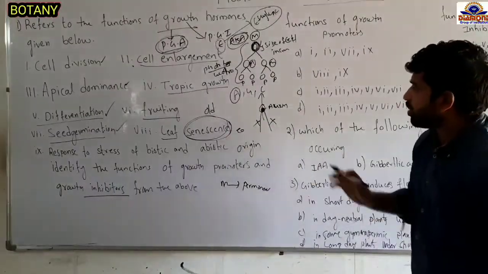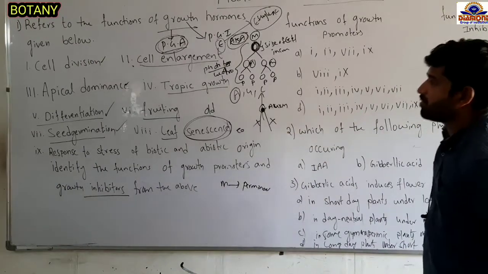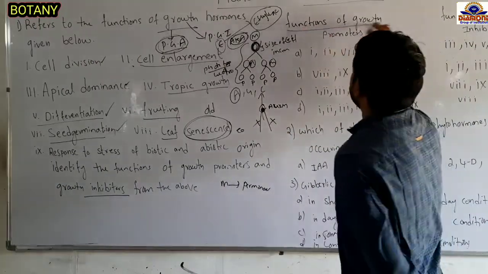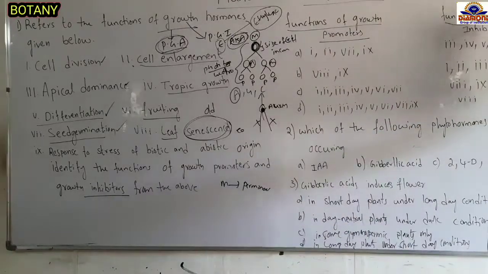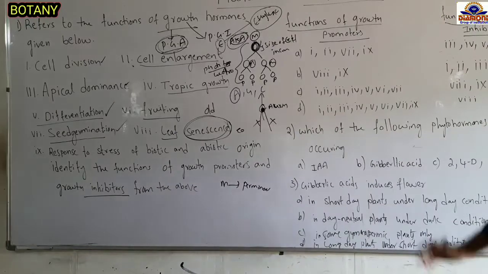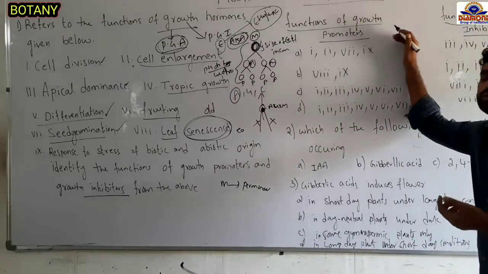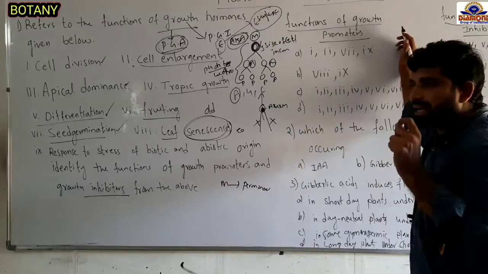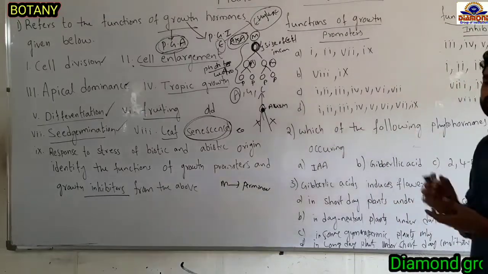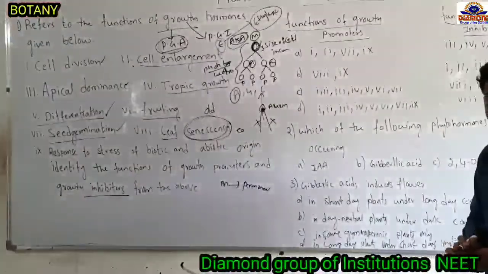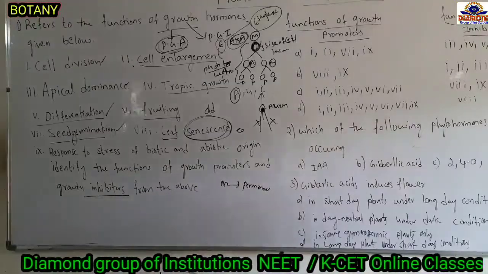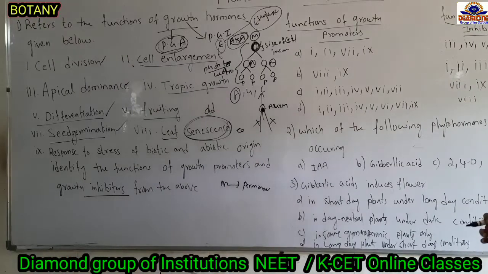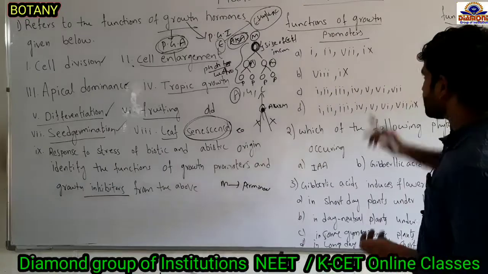Out of these options, we have to identify which characters act as plant growth promoters and which act as plant growth inhibitors. Growth promoters are involved in the formation of plantlets, the increase in height and size, and the formation of flowers, fruits and seeds. Inhibition means they prevent growth and development. Those are the plant growth inhibition characters. Here they are given as 1, 2, 7 and 9.